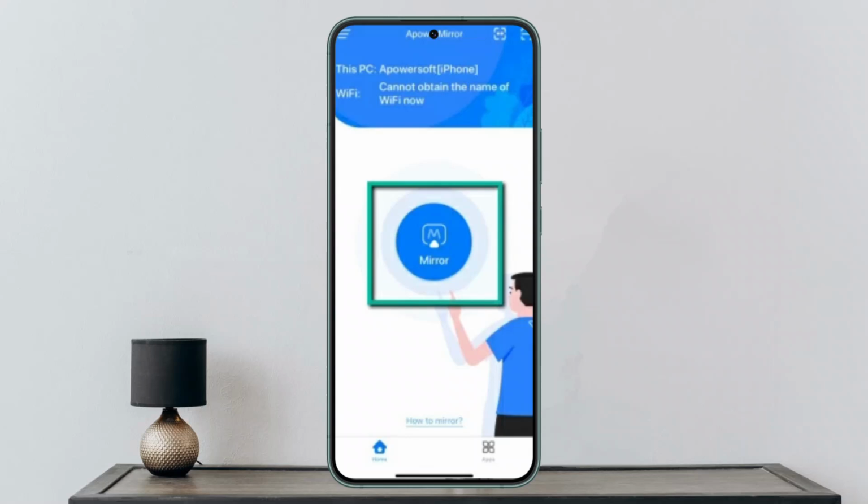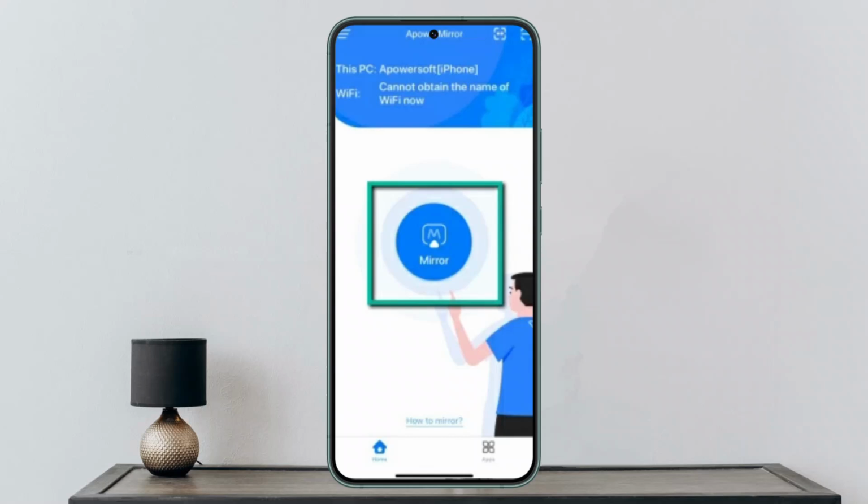First of all, you could actually use ApowerMirror to wirelessly mirror iPhone to Android TV. ApowerMirror is a popular screen mirroring app for Android and iOS devices. The tool is widely used to mirror mobile content to your Windows PC, Mac and Android TV as well. Likewise, what you have to do is download and install this app on your TV and